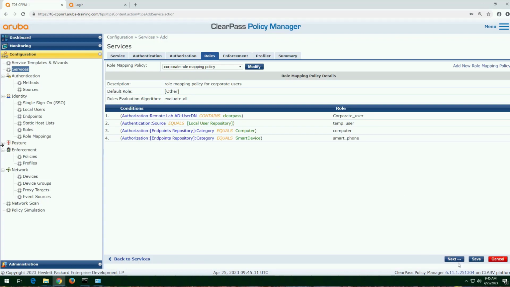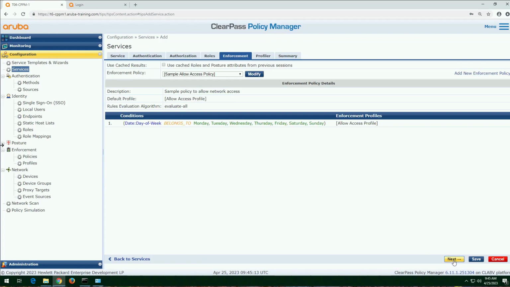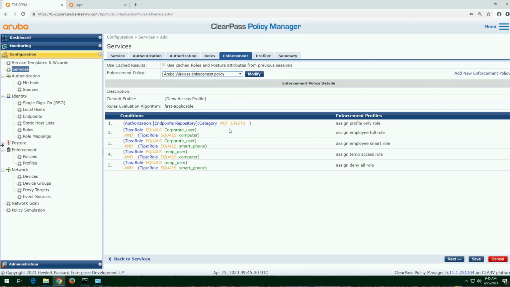We move next. Again, remember, we have built our components. We have built our enforcement policy. We're going to change this one to our built enforcement policy, the logic, the glue, if you like. If none of these conditions are met, we have 5 different rules here. None of them has been met. It will deny. Look at this default profile, deny access profile. And